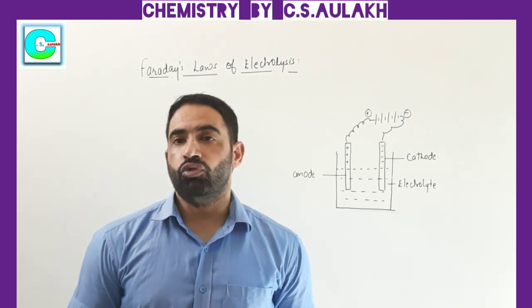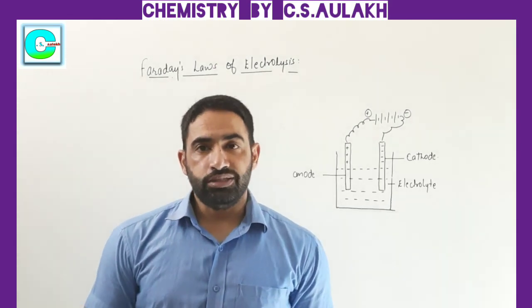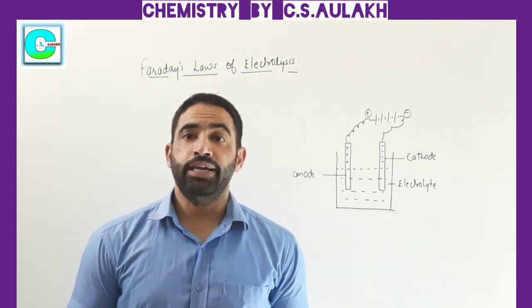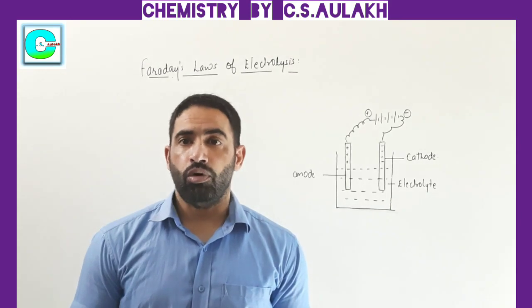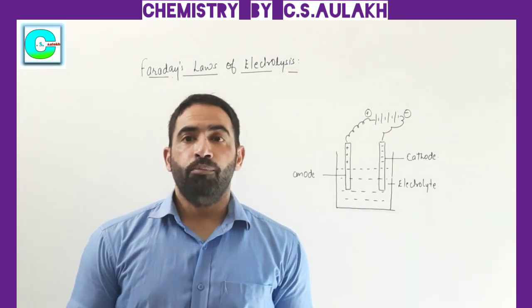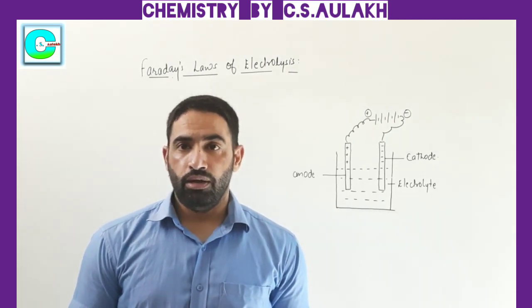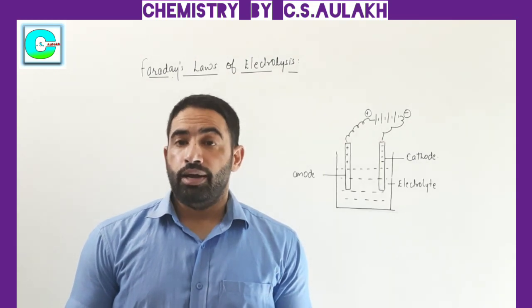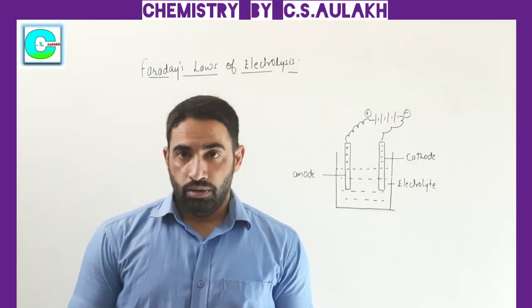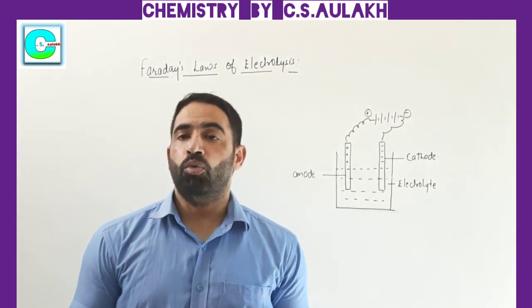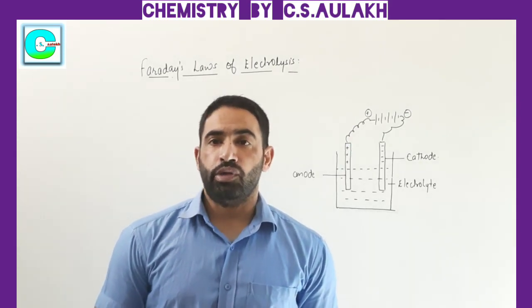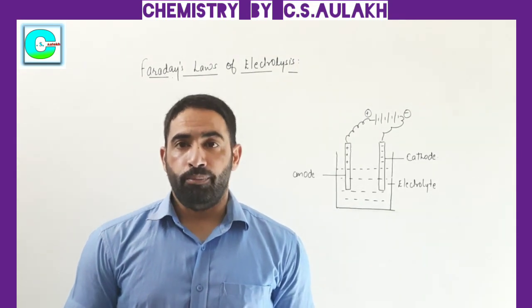First I will tell you what electrolysis is. Electrolysis is the decomposition of a substance by passing electricity through its aqueous or molten solution. We have a substance, and if we want to decompose it with the help of electricity, it is called electrolysis. But this is only possible if the substance, upon dissolving in water or in molten form, gives some ions, so that the electricity can pass through its solution or its molten form.